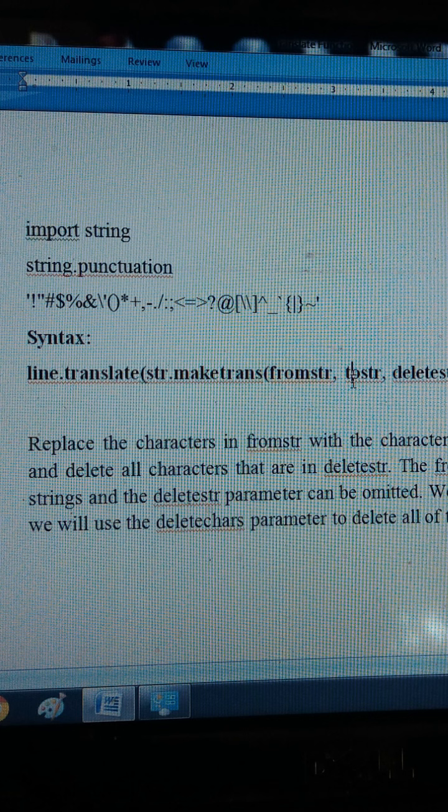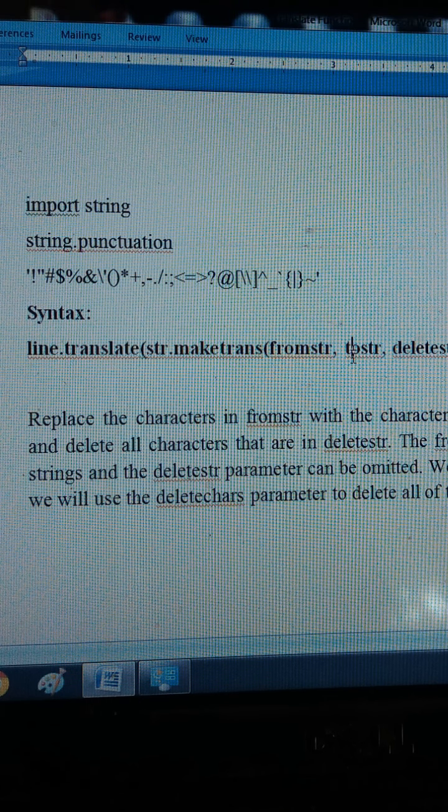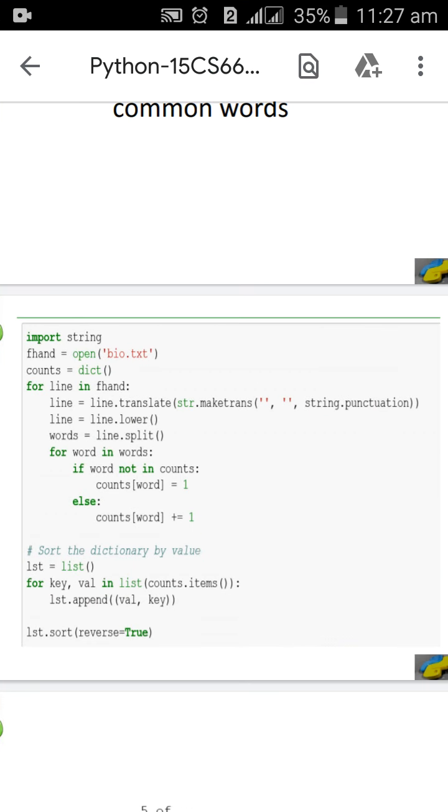If you see here, I am importing string, and string.punctuation defines all the punctuation characters which we can use in our file. Out of these, whichever you want to remove from your given file, you can list only them. Once we understand this function, now we can easily understand this program.